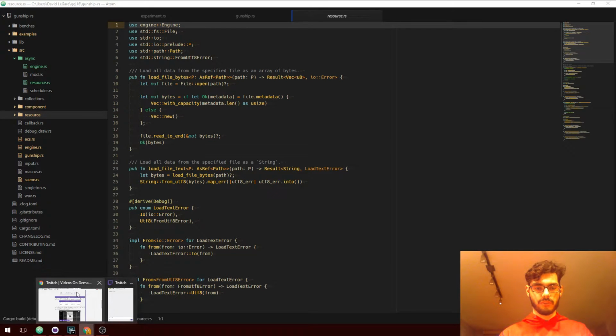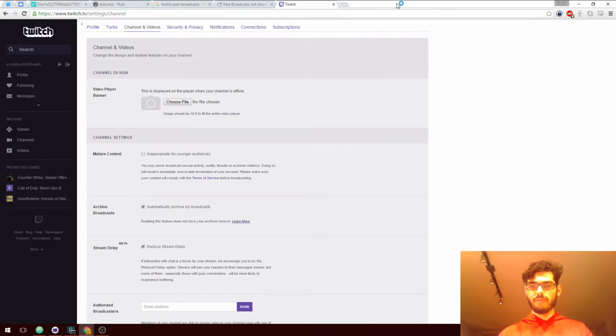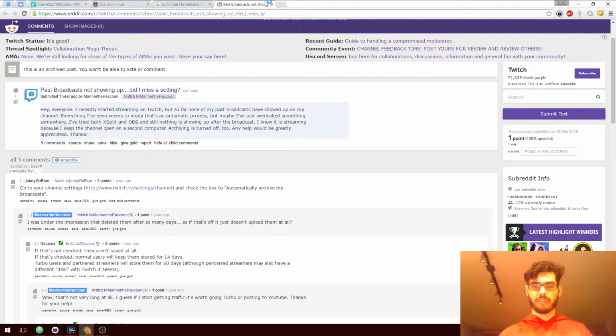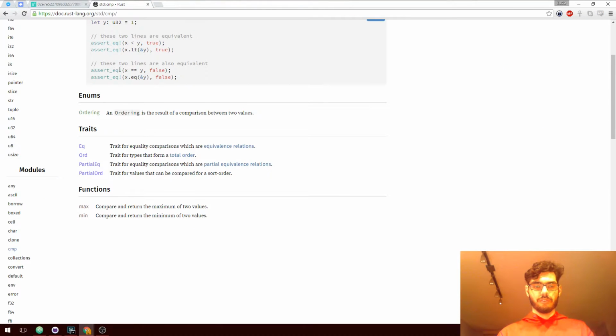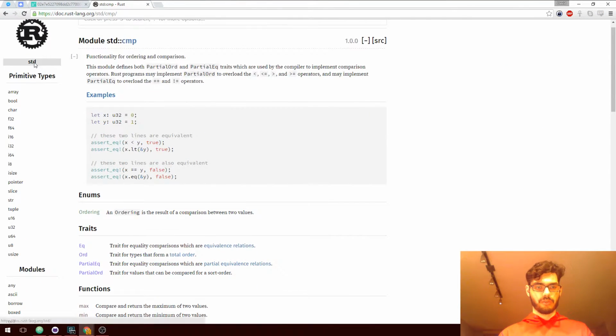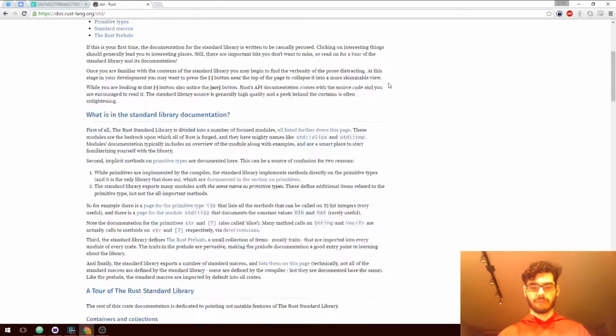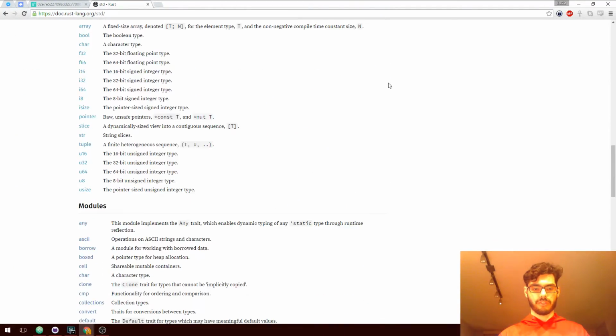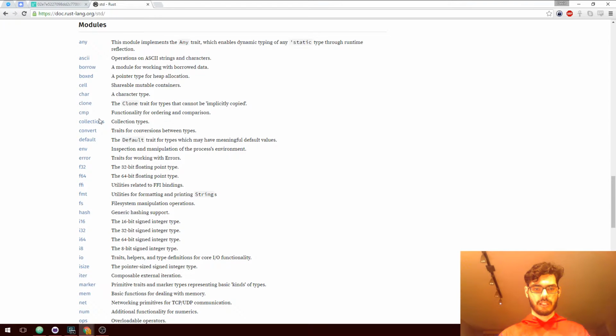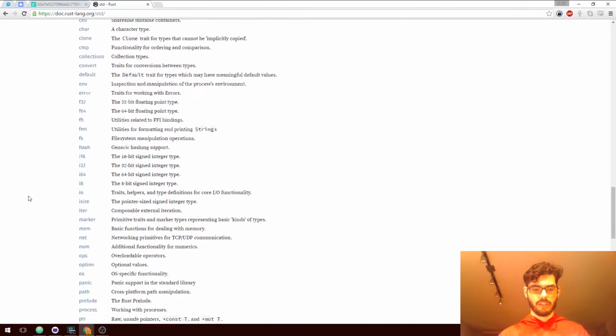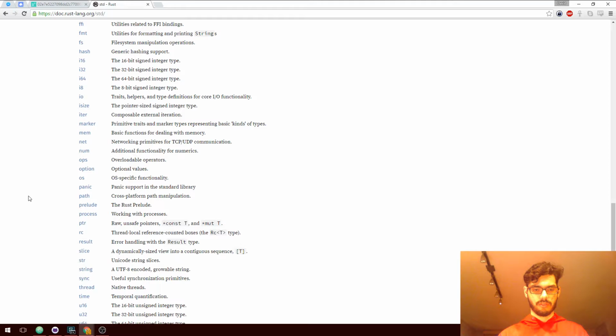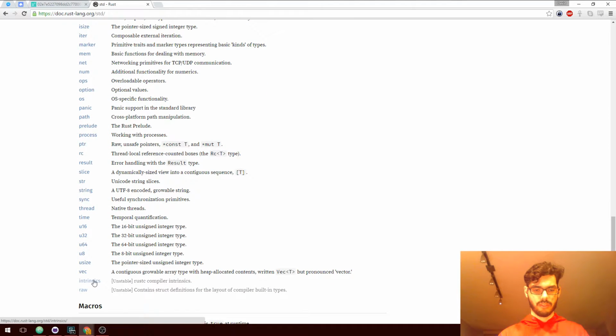The standard library names their stuff collections. Let's take a look at what the submodules of std are. You've got collections, intrinsics, result, process, which is for working with processes.